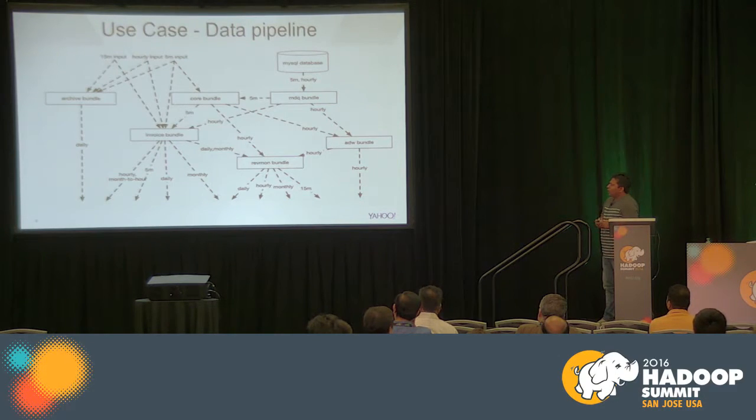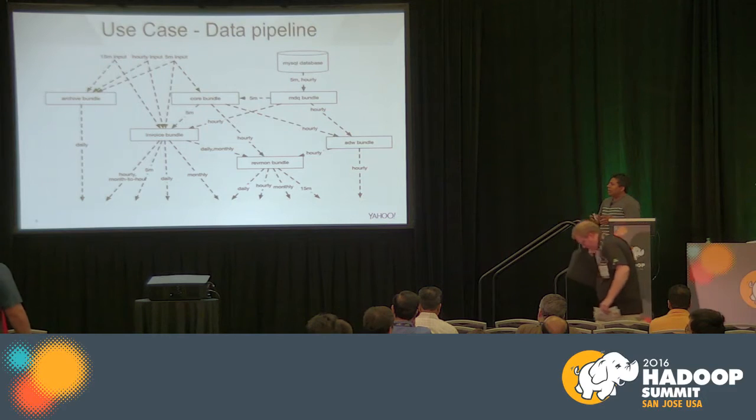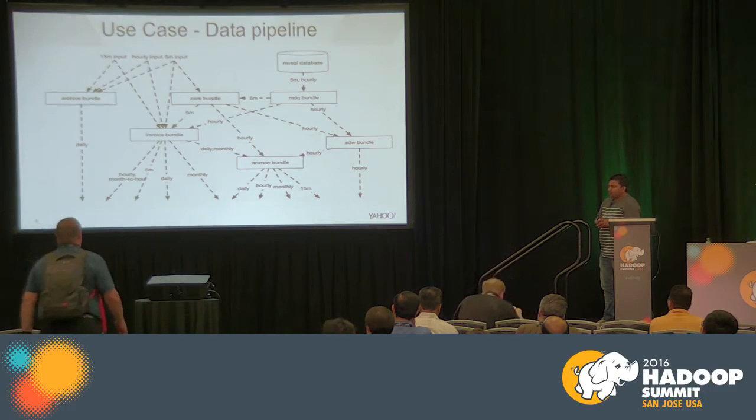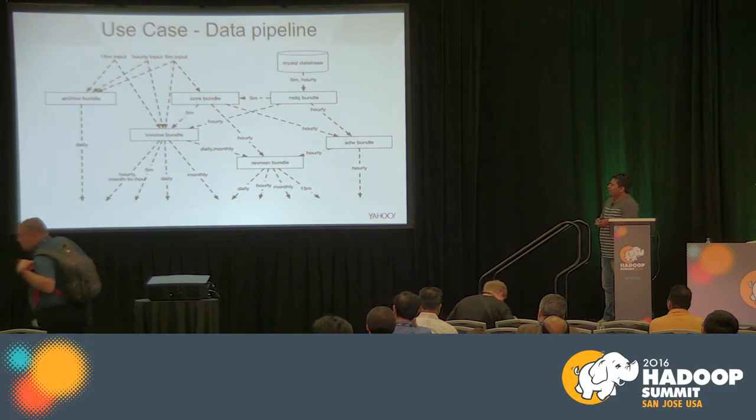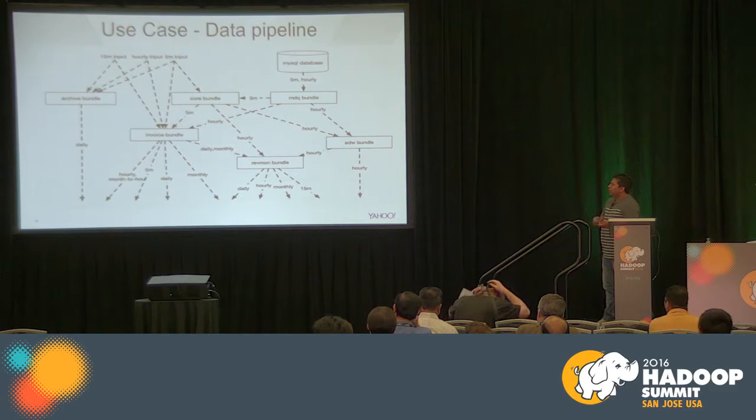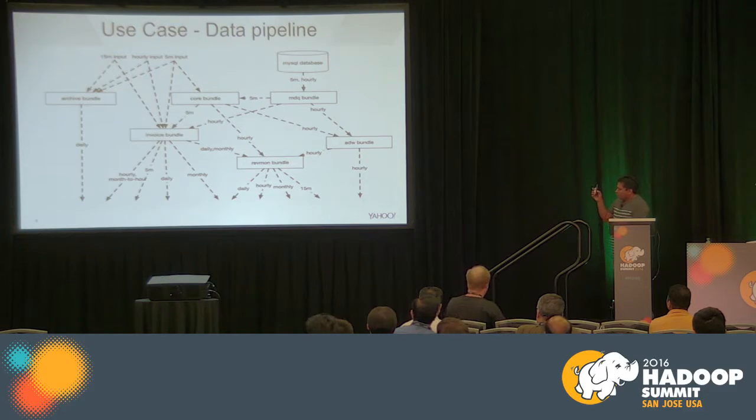There is also an archival bundle which runs daily and archives all input into HDFS. This is very useful when you want to rerun. You can use those archive files to rerun. There is also the MDQ bundle. What it does is pull data from MySQL and dump it to HDFS so that the core bundle can use it. The MySQL contains information about partner details, which can be used by the core bundle to process.